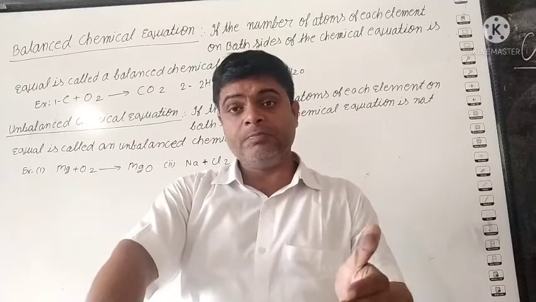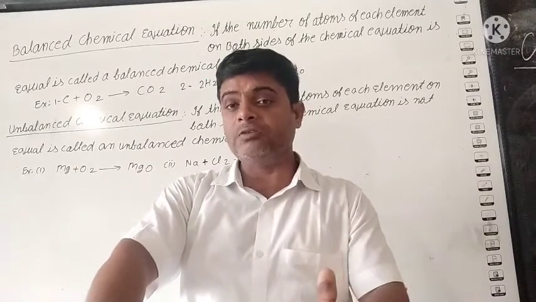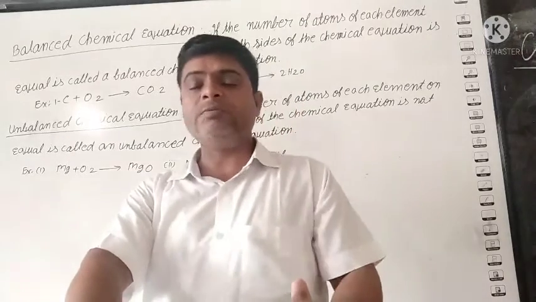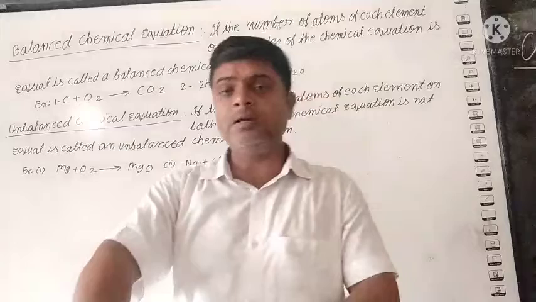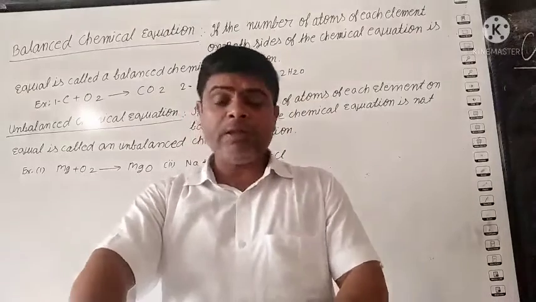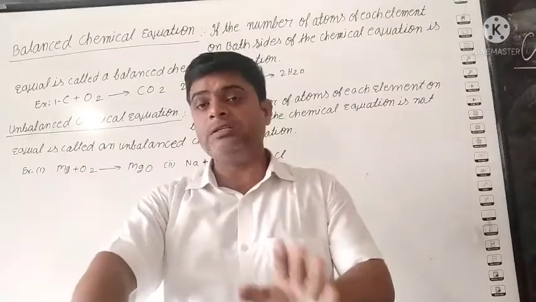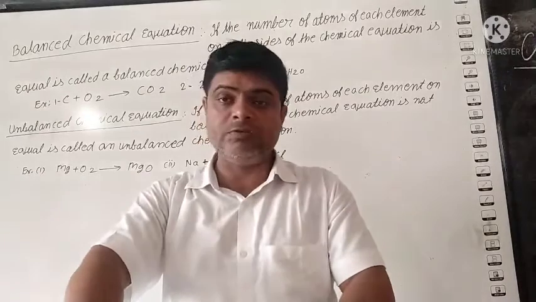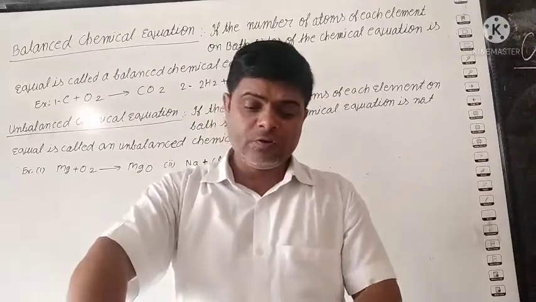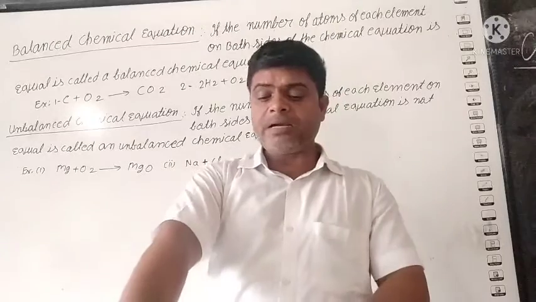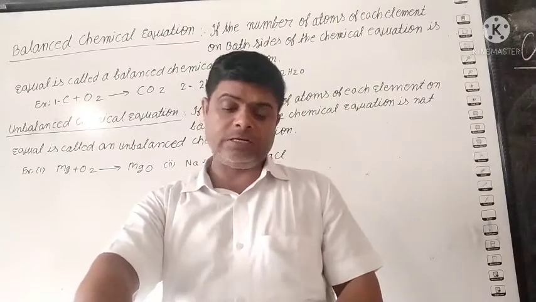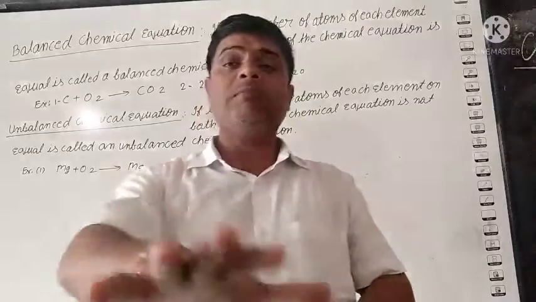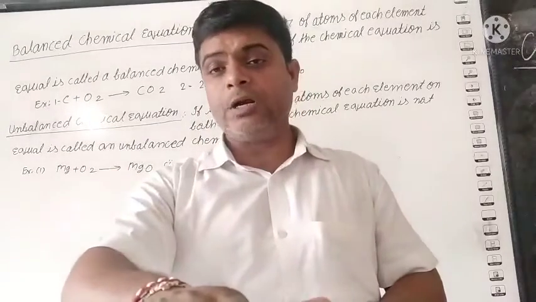If it is asked to prove how the chemical equation shows the law of conservation of mass: if it follows the law of conservation of mass, then it is correct. Otherwise, it is not correct. So, when the chemical equation is balanced, we easily say yes, this is a balanced chemical equation and it follows the law of conservation of mass. We will discuss later. Okay. It shows that the mass of the reactant side is equal to the mass of the product side. Okay, meaning we easily get the mass of reactants and the mass of products.